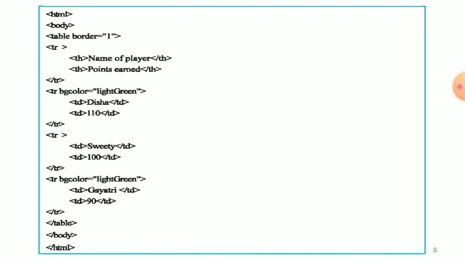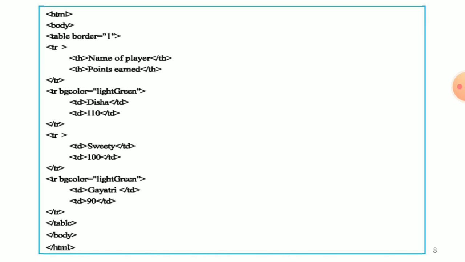And the fourth TR, bgcolor equals to light green. Data TD, Gayatri and slash TD, that is the name of a player. And next TD 19 and slash TD, that means the points. Slash TR over, slash table over, slash body over, slash HTML over.